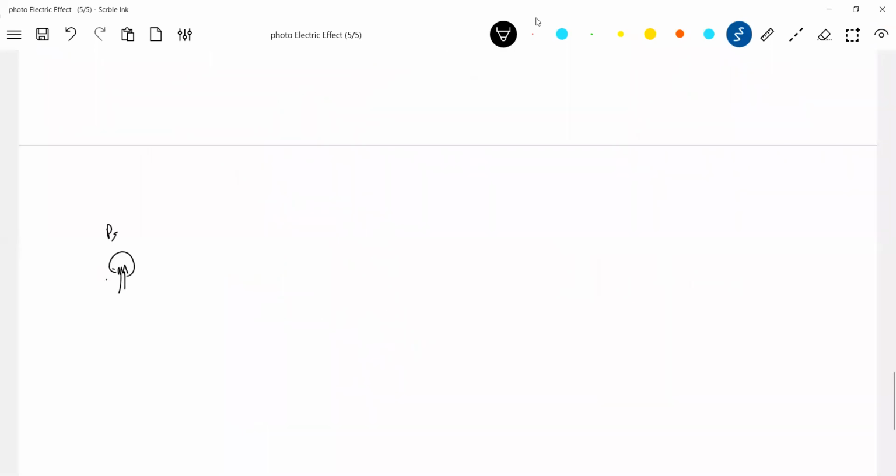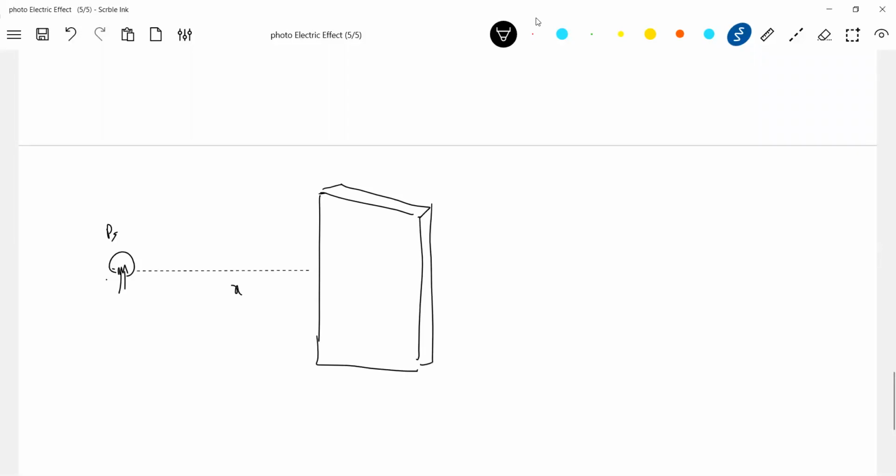This is a light source. At a distance x, I'll keep a surface here. Let's assume there's a metal. I'll keep some metal surface. Inside that metal, I'll assume a